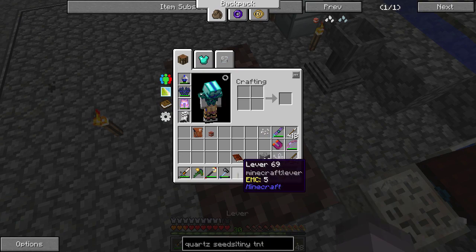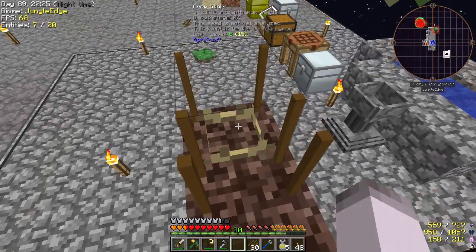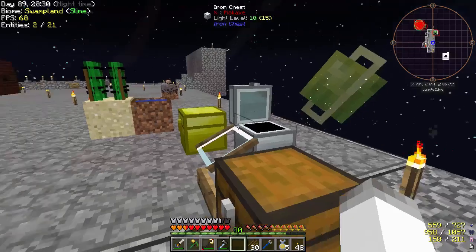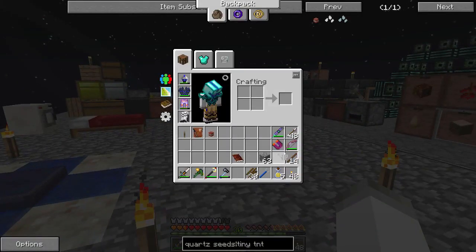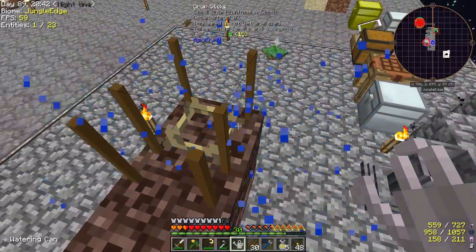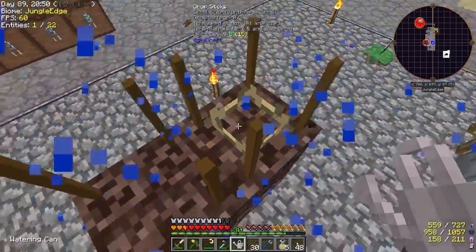So we'll get these guys down. We'll get the quartz menthium seeds there, and it's fertile and can grow. Now I want to grab... where do I have my... yes, I do. Of course I do. I want my watering can, and we'll just go ahead and get this to grow. I don't really care too much about it. I just want it to grow so that I can get...